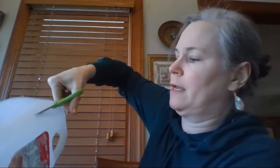In order to do that, you need this part, and you need to sort of discard this part with the handle. So what I do is I just cut around like this, okay? So you're going to need some scissors, and I like to start up here at the top, and then I'm just going to cut down, and around,